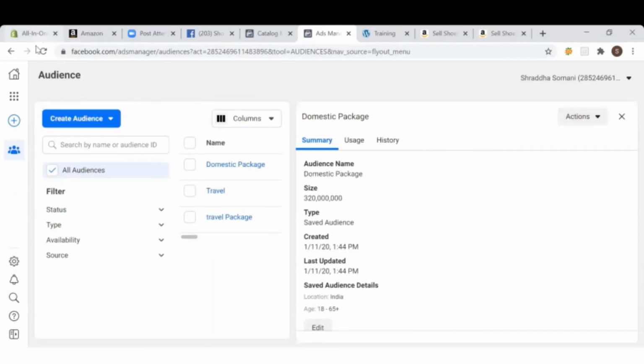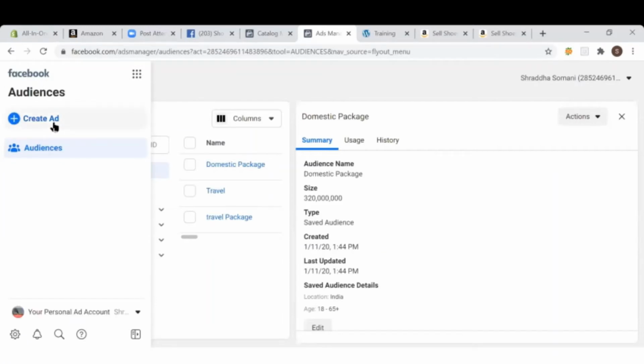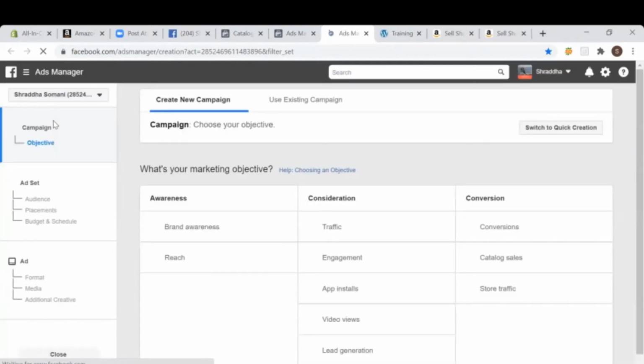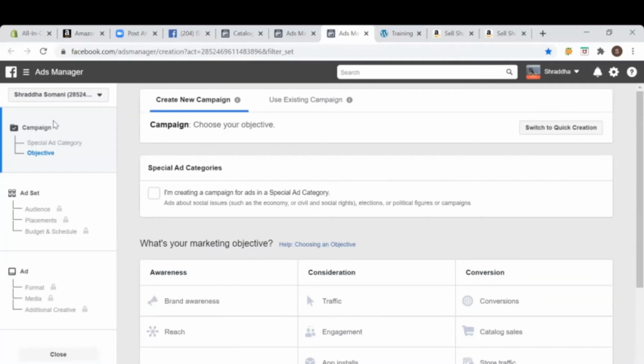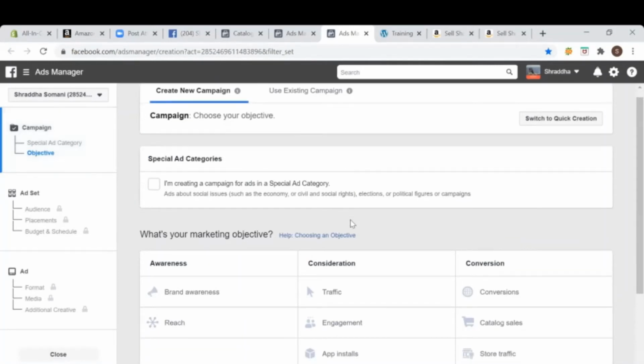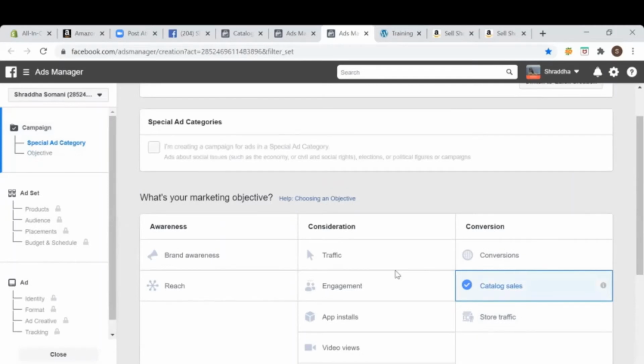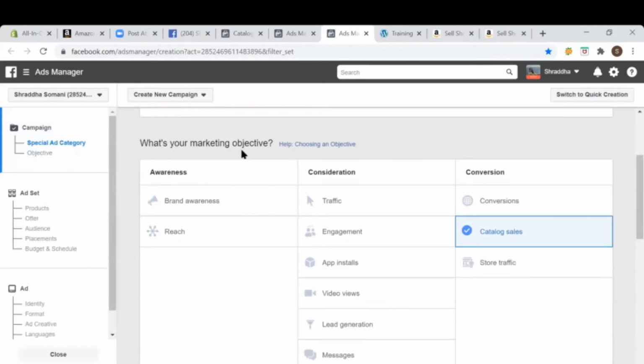We'll also have a quick walkthrough. You can see the create ad option. Sales become easier when you already have a customer or an audience who have visited your page. Now I have clicked on create ad, and you can see catalog sales and store traffic. These are the kinds of campaigns I can run with this. I can go to catalog sales and select the catalog for which I want to run the ads.